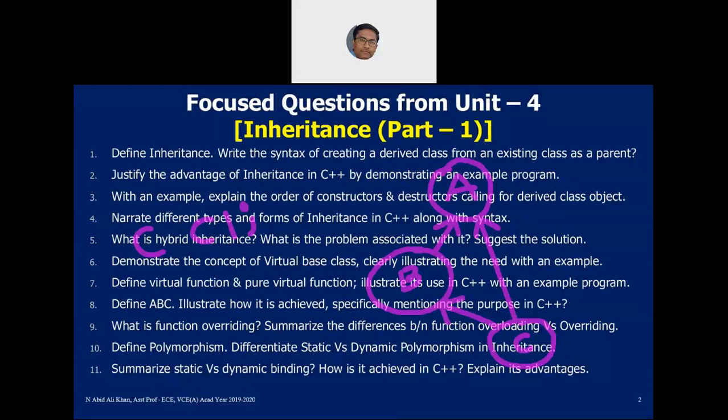Sir. Yes or no? Roll number 48. Sir. Srija,